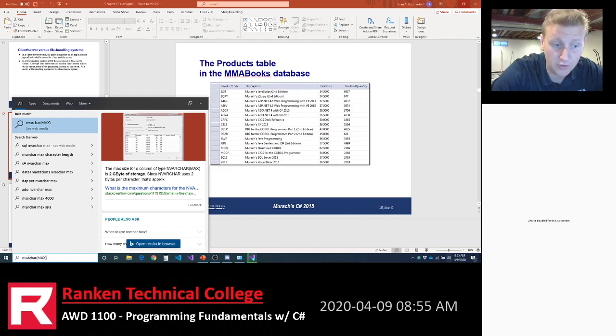Now what that stands for, the N says that this is Unicode, which means that for every character it takes up 2 bytes of storage. Varchar is a variable length character, or characters, I should say, plural.